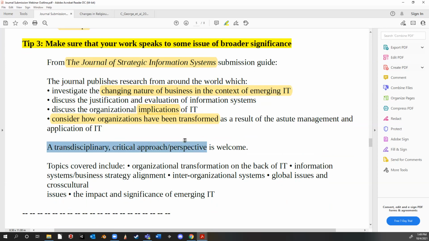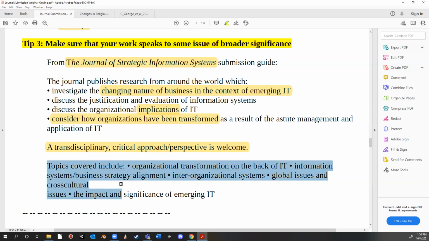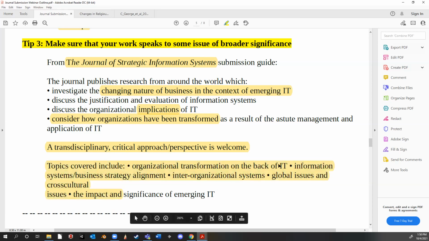A lot of times they'll announce a specific disciplinary approach, right? So IT systems here is really interested in critical transdisciplinary approaches, and then they might even announce the kinds of topics that are being